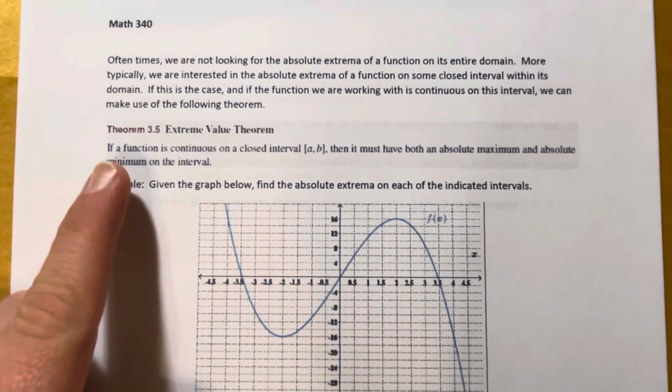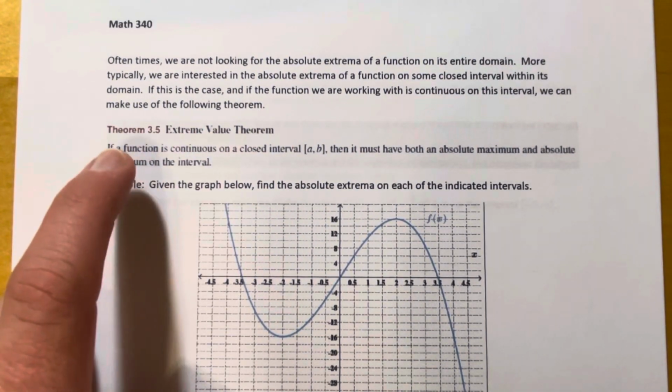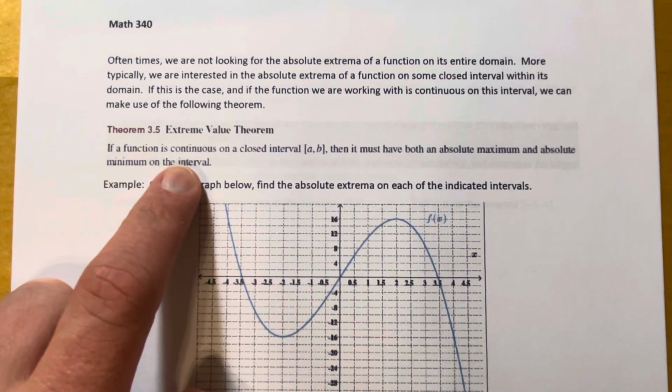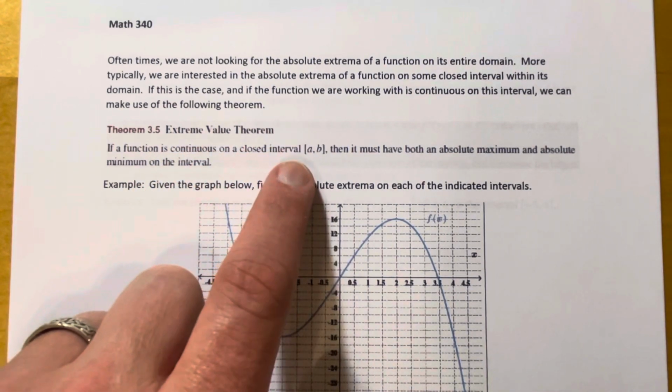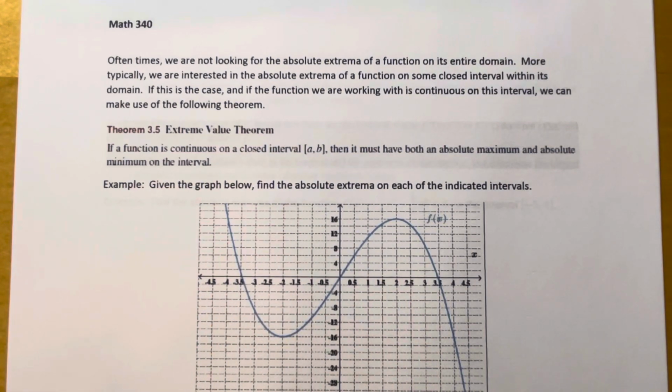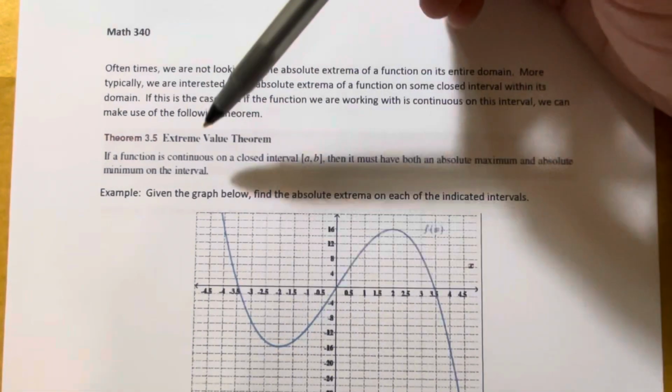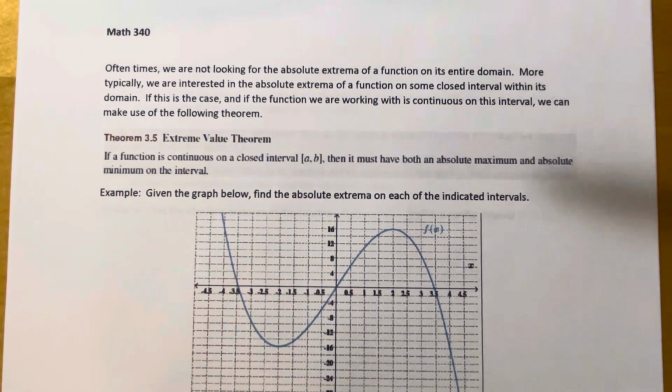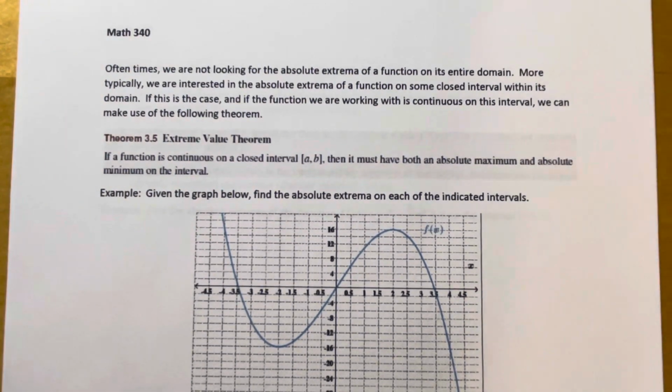So if a function, this is the extreme value theorem, if a function is continuous on a closed interval AB, then it has to have an absolute maximum and an absolute minimum. It will always have both if it satisfies these two conditions. Again, it has to be continuous on a closed interval AB. Okay, this last example,